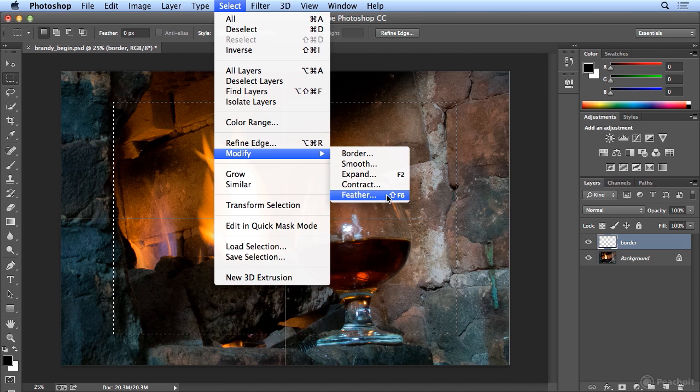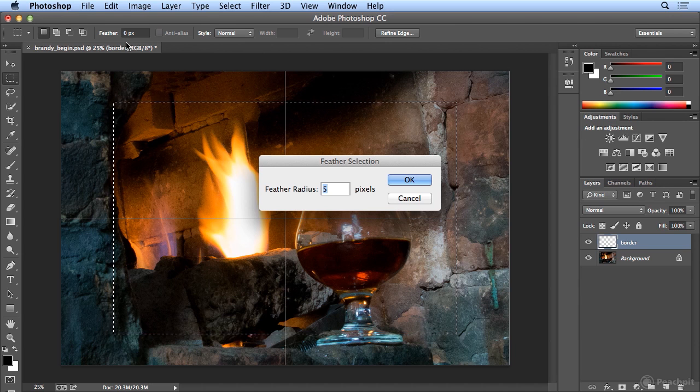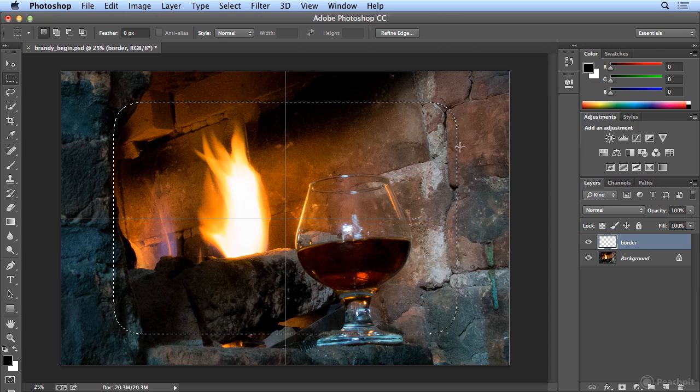I always prefer to feather after selecting. I almost never put feather in the tool itself because I don't know that I want my selection tool to add feather automatically every time. And when I come back tomorrow or next week, if I forget that feather's in the tool, I may have to make new selections that have taken me some time. So bottom line, it's safer to feather after you've made your selection. Now, feathering is dependent on the resolution of your image, but I'm just going to guess at 100 pixels based on my file size. When I click OK, I get a nice rounded corner,